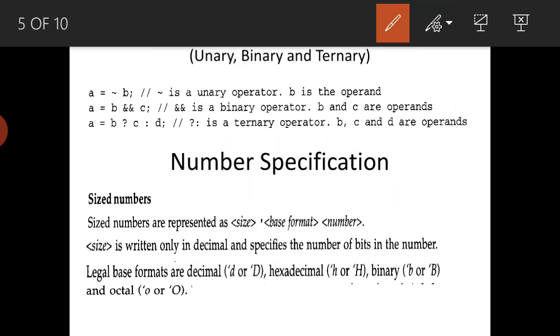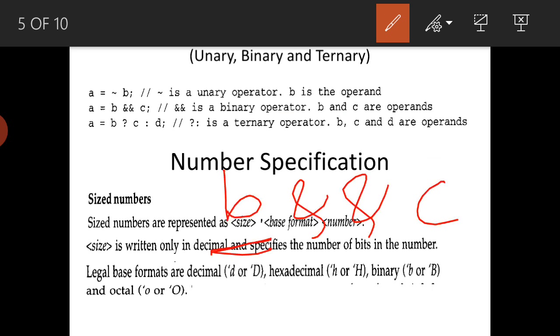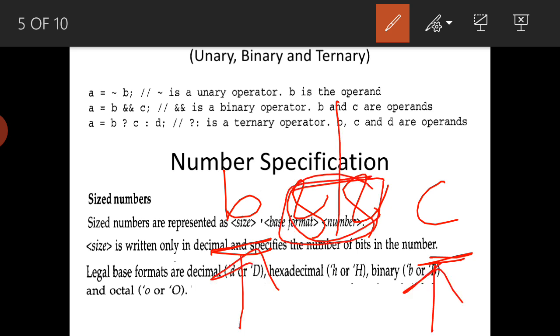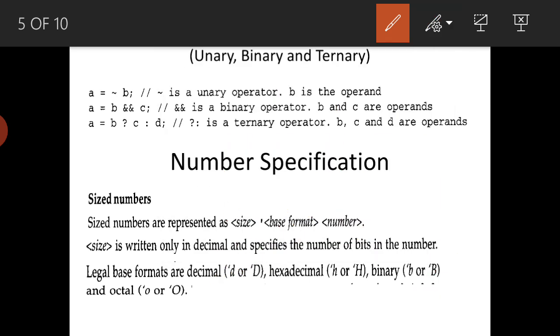In the AND operation, the operator is between two operands, one is this one and one more is this one. The operation is happening on two operands, so we call it the binary operator.